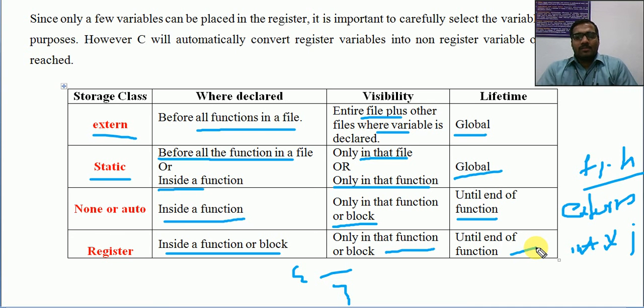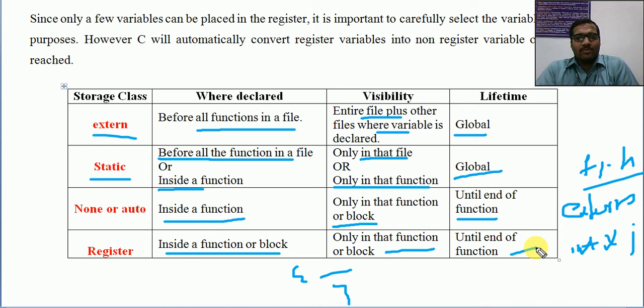So that is all about the storage classes used in C. It is for general understanding; we are not developing any logic here. We are only considering the various ways in which we can declare variables: the scope where we can use the variable, the lifetime, how long it will be retained in memory, and the visibility, where these variables are visible. Based on these three, it is categorized into four storage classes: extern, static, auto, and register. I hope it is clear.